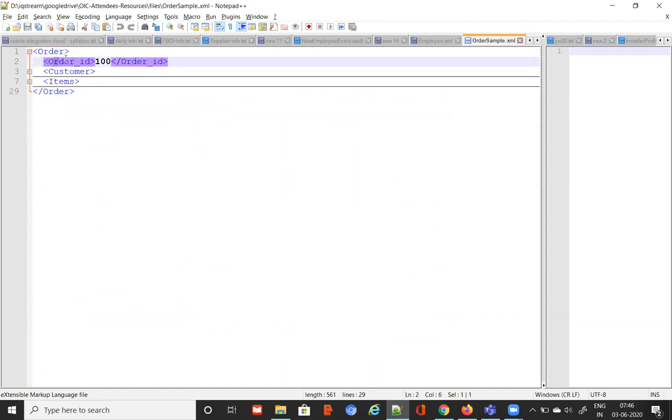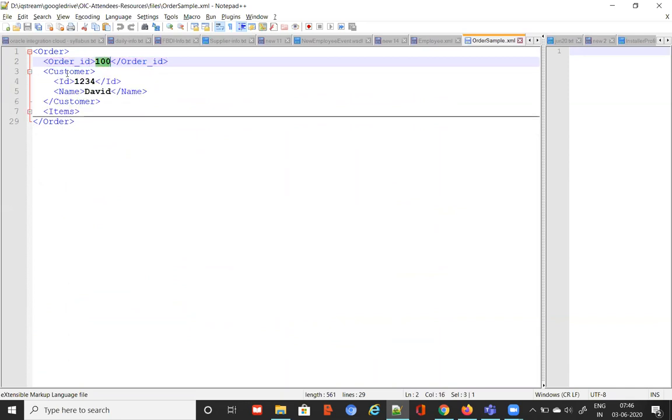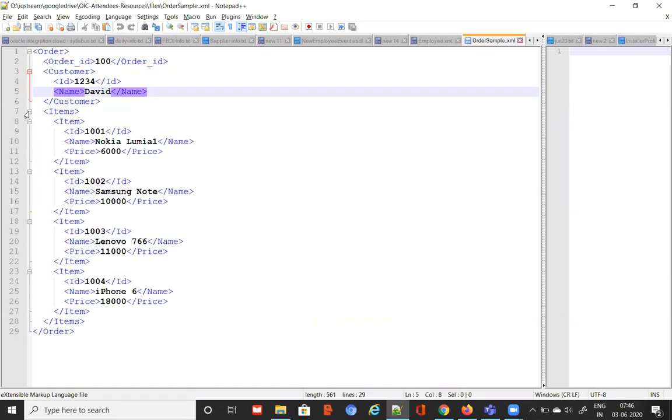Order contains order ID, which here is 100. Customer contains ID and name. Then items contain item 1, item 2, item 3, item 4. There are 4 items, and every item contains ID, name, and price. Like this, your XML is extensible. You can create any XML to represent your record according to your record structure.